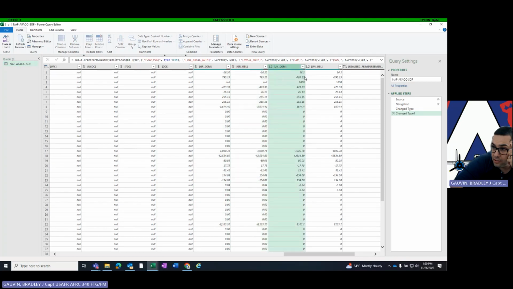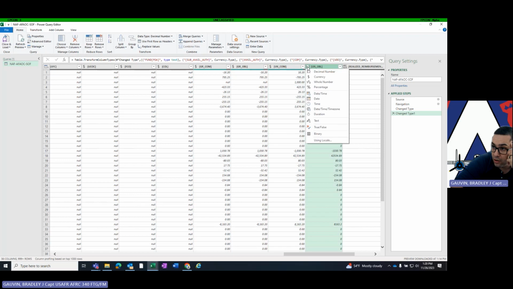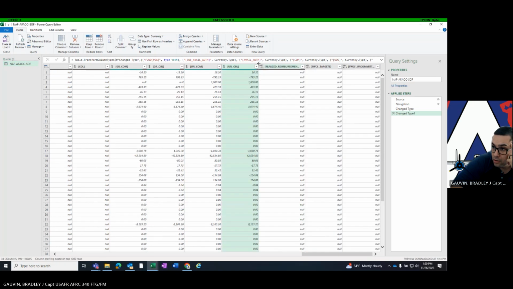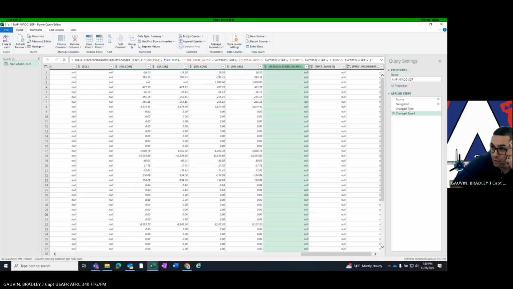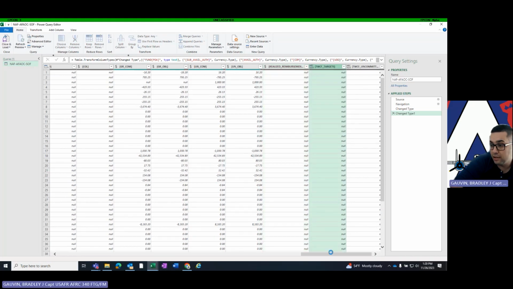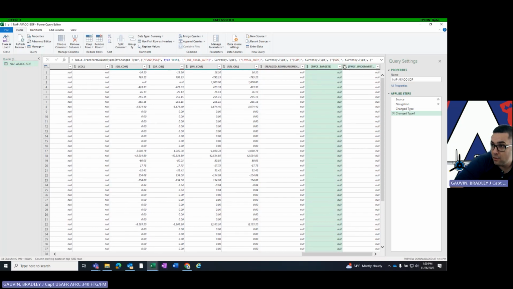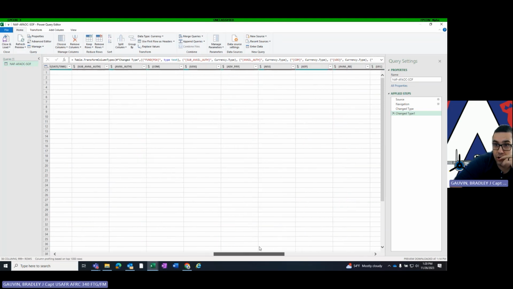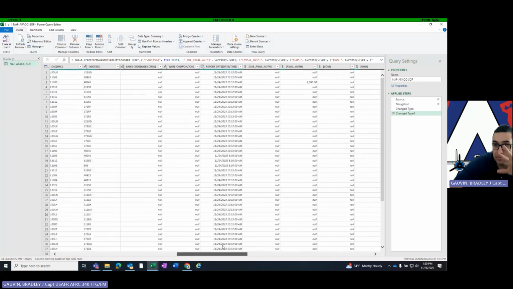Kind of see some of these. The 16.2 goes to 1620. And again, it's just an easier way to clean your data so that way everything comes out in the right formatting. There's a couple other tricks you can do here, but for simplicity's sake, I'm just going to keep it as